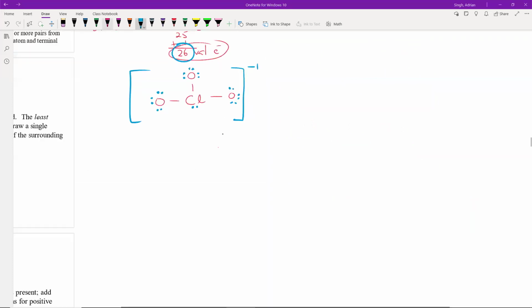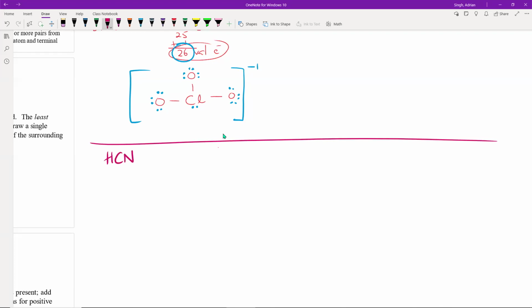All right, let's take a look at another example. Let's say I wanted to draw the Lewis structure for HCN, hydrogen cyanide. We're going to follow the same steps, right? So the first step is to count the number of valence electrons. Look at the formula and the subscripts. I have 1 hydrogen, I have 1 carbon, I have